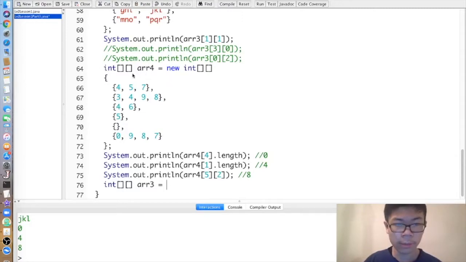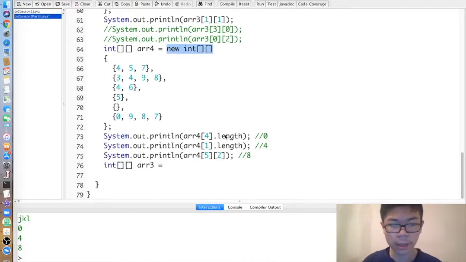just like when we're doing one-dimensional arrays, if we're declaring and initializing an array in the same statement, then we don't have to specify the type like that. We can just directly go like this. So for example,